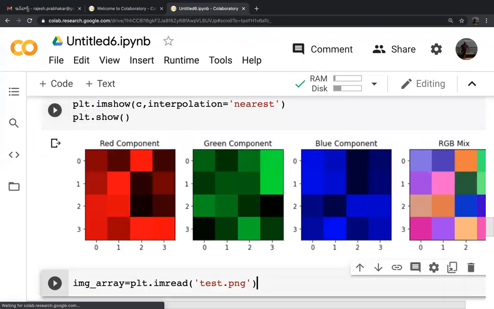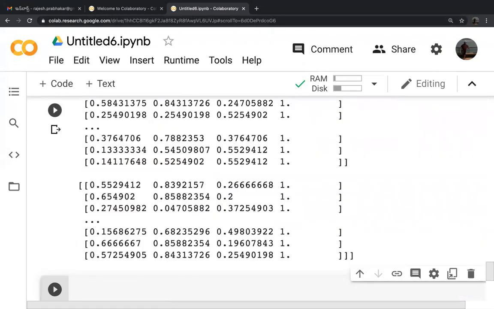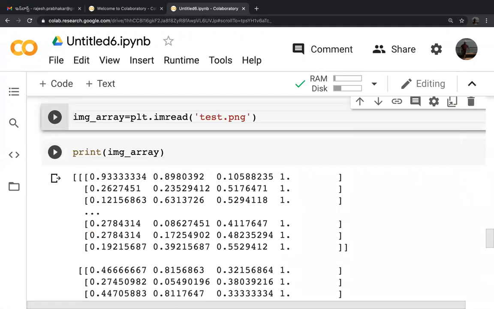So the image will be converted into numbers. This is what image processing is all about. You read the images into the system and then you convert them into NumPy arrays. So this imread will convert the image into NumPy arrays.